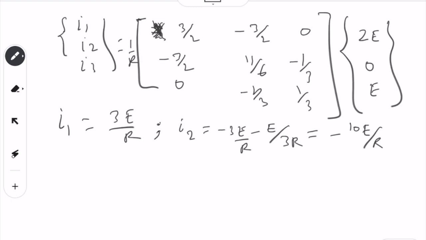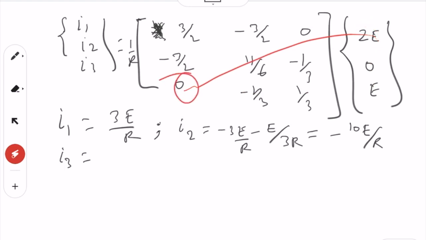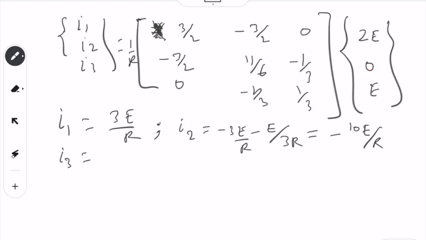Okay, done. Now, I3, and we have this multiplied by this. So this is 0, this multiplied by 0 is 0. So we have just E over 3, simply E over 3. So I3 is equal to E over 3. Okay. So we got the displacements, and that really means the